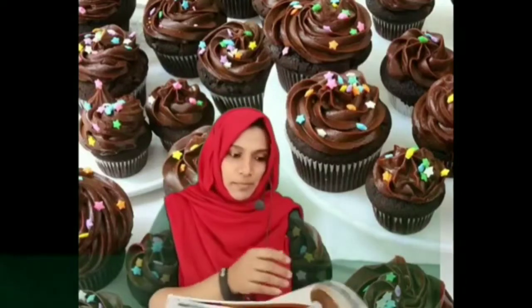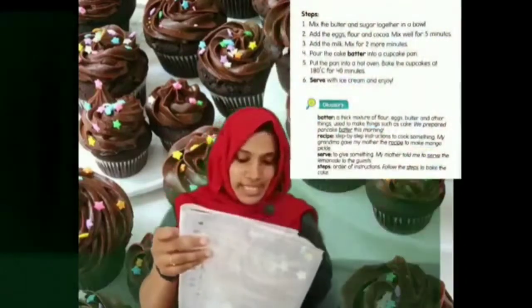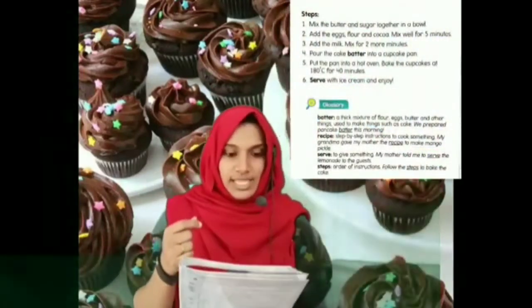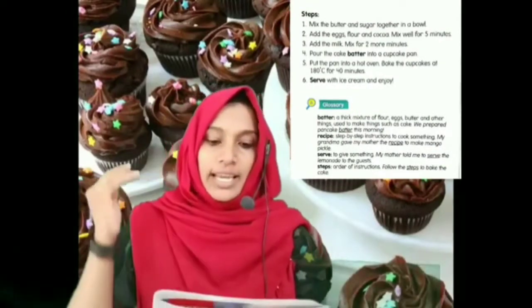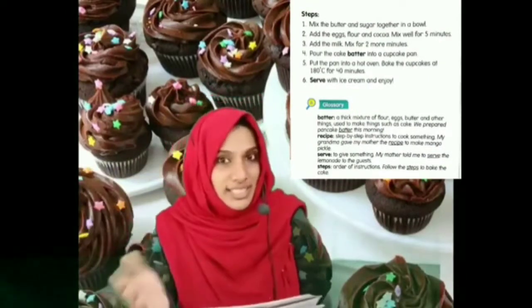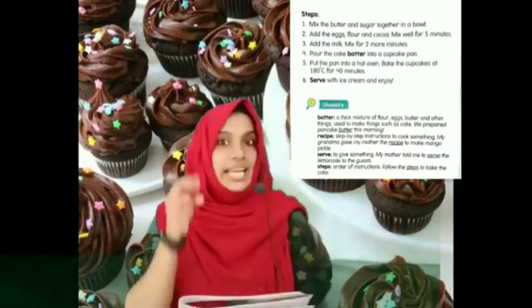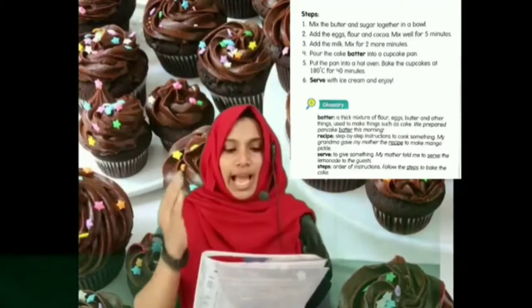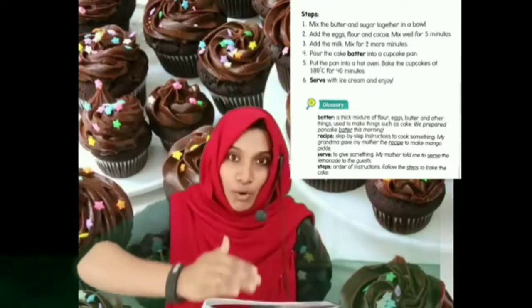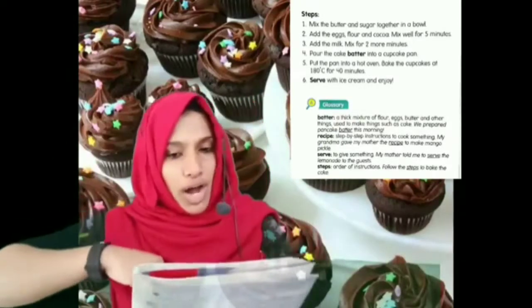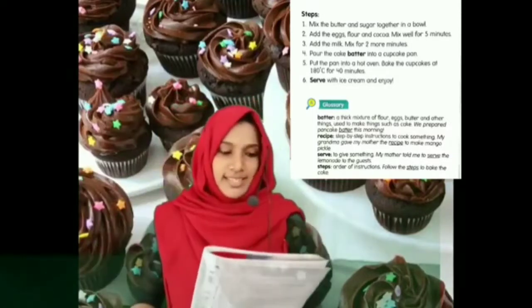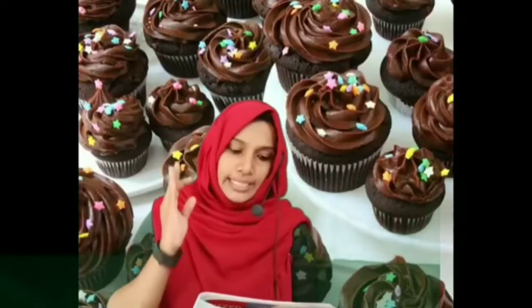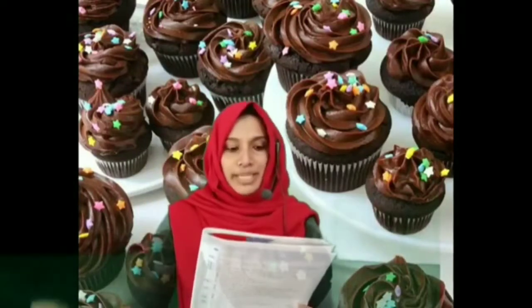Then see the steps. Turn to the next page. It is page number 16. Steps. Mix the butter and sugar together in a bowl. Then step number 2, add the eggs, flour and cocoa. Mix well for 5 minutes. And 3, add the milk and mix it for 2 more minutes.